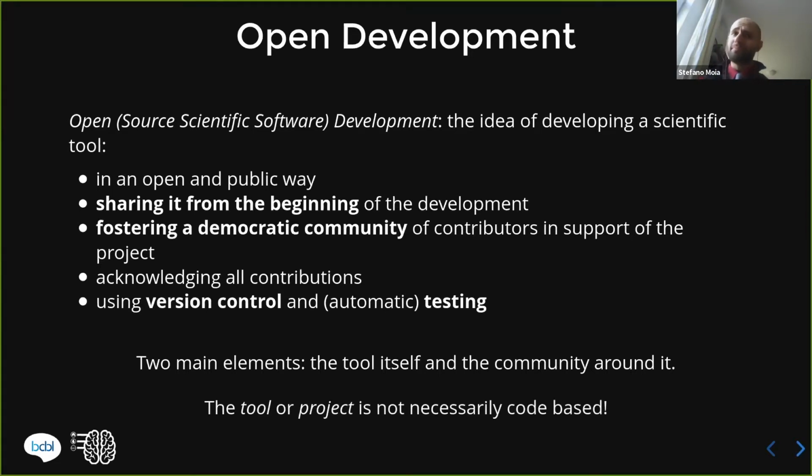And finally, just one thing. I'm going to talk about tool and project as much as I can, because I don't want you to think that this process is only for code and software. It's actually for anything. If you go and look around, you can see open development for games, board games, art. You can see it for documents. You can see it for lists of rules that communities should follow. You can see it for anything. So pick whatever you want, put it there. If I, by mistake, say code sometime, be patient with me, but I hope I will be able to stay as neutral as I can.